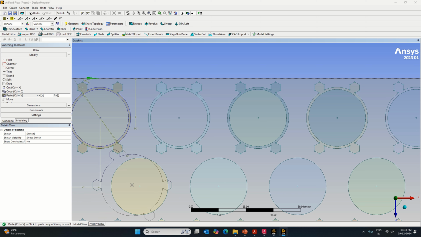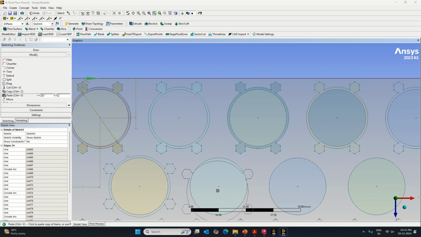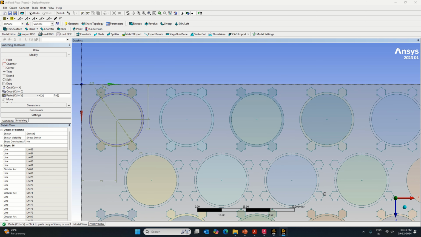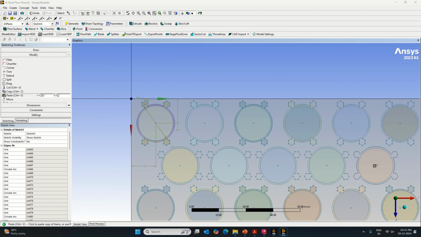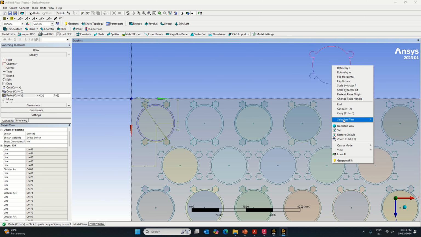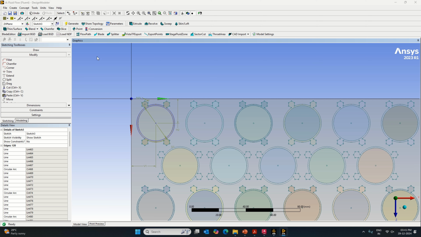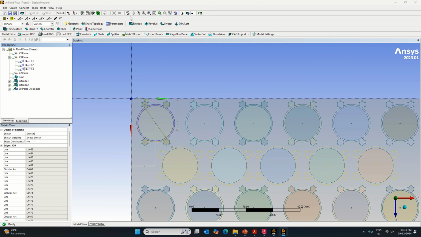So one more time, so this is the required direction. So this is the first place, this is the second one, this is the third one, fourth one, and this one. So we have done it for all. So click on end option, and now one more time do the extrude operation